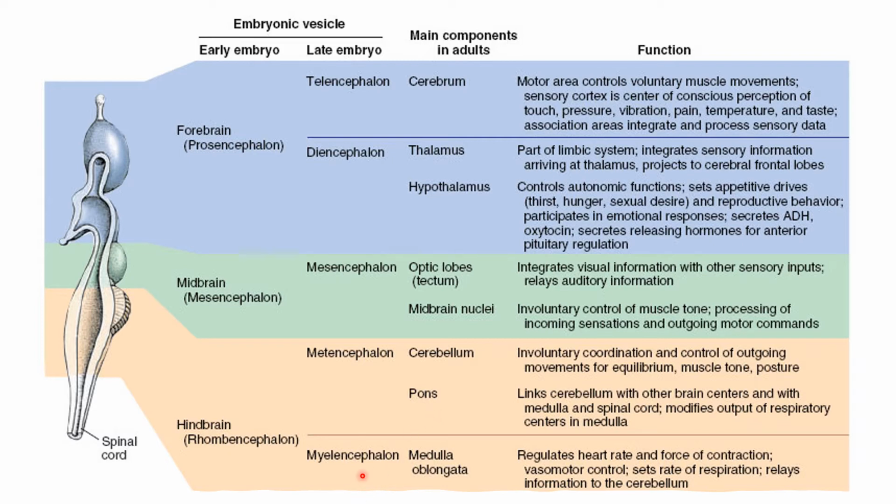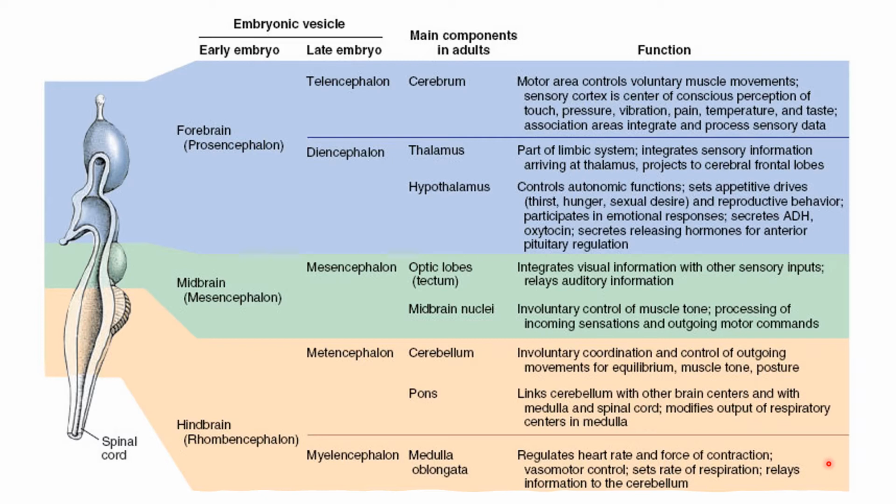And then next, for the myelencephalon, we have the medulla oblongata. It regulates heart rate and force of contraction. And then vasomotor controls. So when you say vasomotor, this is the action upon a blood vessel to alter its diameter. So vasomotor, ibig sabihin lumalaki yung diameter ng blood vessels. Okay? Like for example,